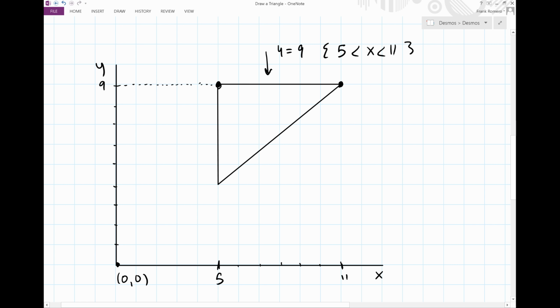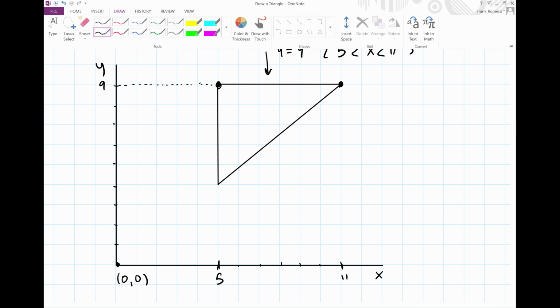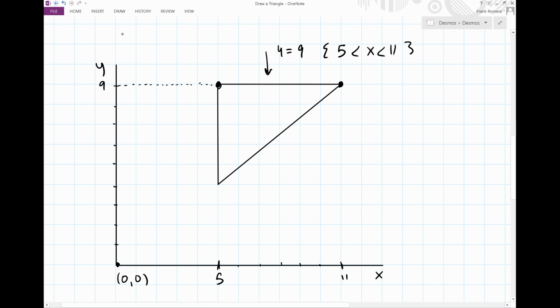Okay. All right. That looks pretty good. Let's use a different color now. How about this line right here? That's a vertical line, right? So definitely want these 2 points, right? And